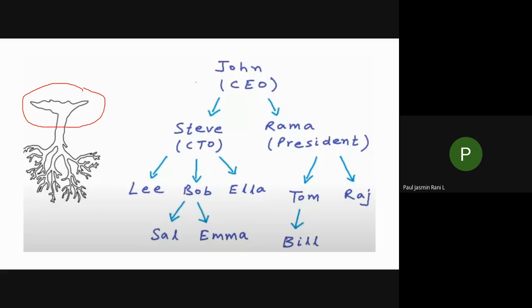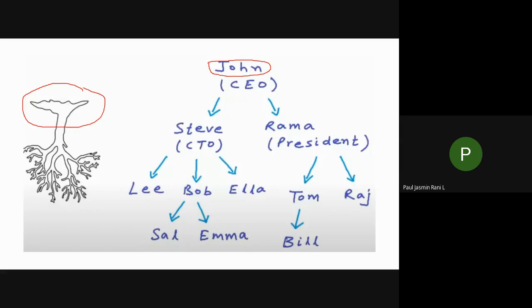In this data structure, I have taken employee details as an example. Let us consider John is the CEO of a company. He is the head of the whole company, and under his control all the things are going to happen. So I am going to mark his name at the head. The root will be marked as John.